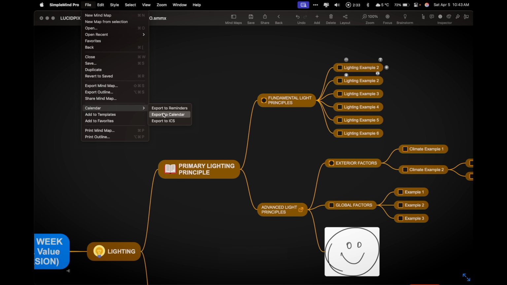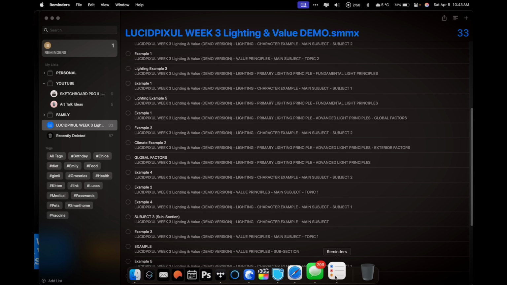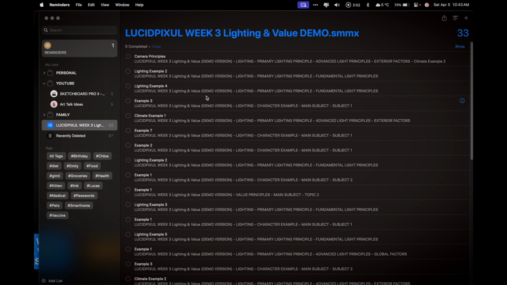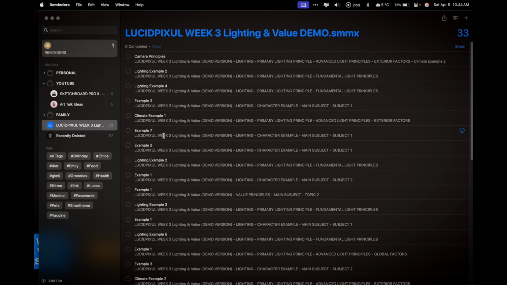I don't know why it's in the calendar section. That was a bit misleading at the beginning. Export to reminders or export to calendar here. So if I click export to reminders, if you use the reminders app or whatever reminders app you have synced with your core reminders app, it will automatically export that in one shot with a full checkable list, including all of the subsections in the notes, directly to your reminders app,